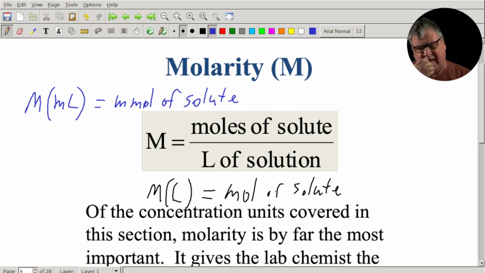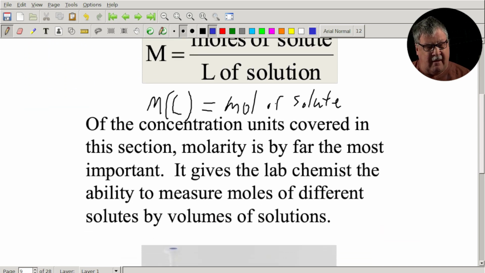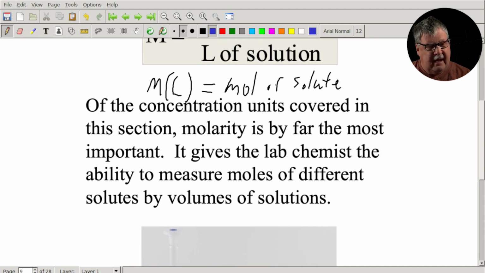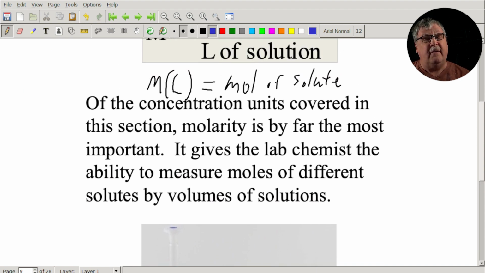Okay. Another thing to think about, and this is something we covered, at least in my lab this week, is if we want to do dilutions, all we have to do is multiply the molarity times the volume of the concentrated solution to give us the molarity times the volume of the diluted solution. Because when you dilute a solution, you're just adding more solvent to it. You have the same number of moles in both cases. Molarity times volume gives you number of moles.